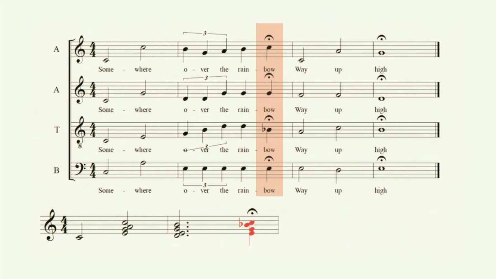Next, we find that the melody moves up from a B natural to a C natural and is held for a time as indicated by the fermata. Below the C are the tones making up a C dominant seventh chord. In the root position, this chord would be constructed as C, E, G, B flat. Since the C has been placed in the top line, we use the C dominant seventh in its first inversion as shown in the staff at the bottom of the page. Arpeggiating this first inversion chord, we hear